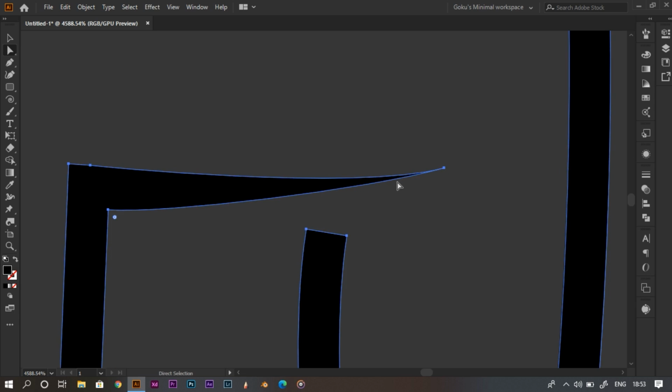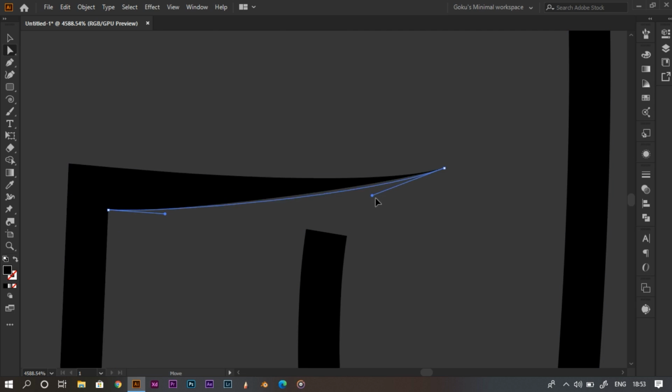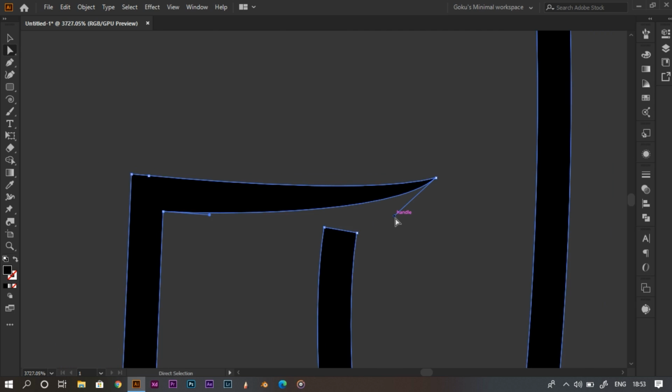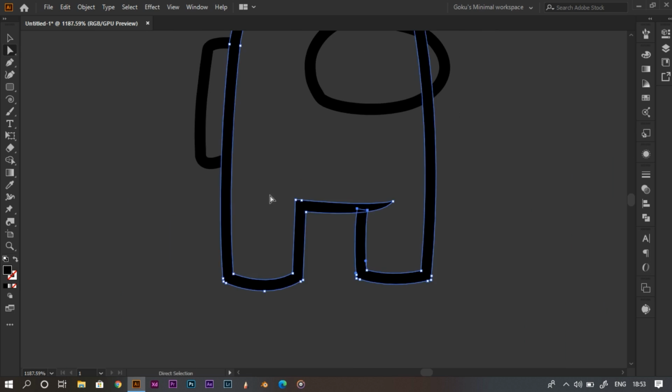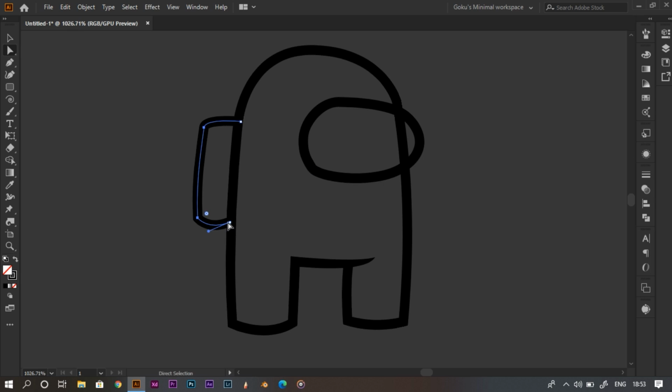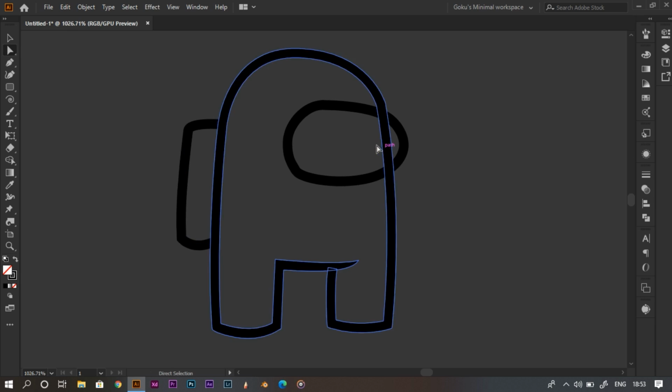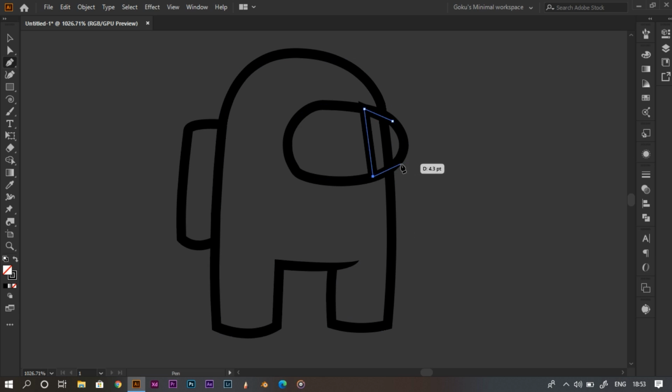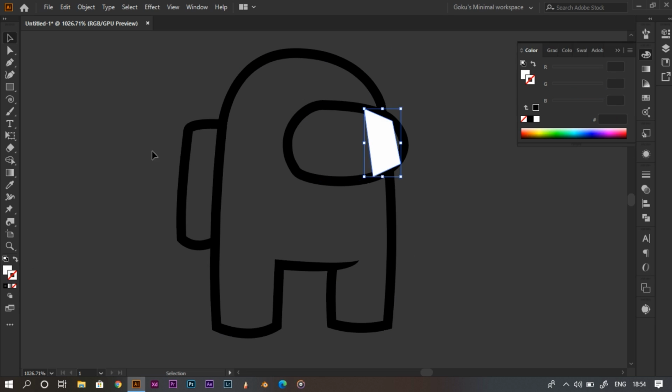Okay, now click on this path. Click on this path and select this handle to drag it to make it look a bit great. Now we'll select both of these anchor points using the direct selection tool and pull them a bit up. Now we'll select these 2 handles and drag them a bit left to make its arm thicker, and drag it a bit down. So to delete it, we need to create a shape. Using the pen tool, we'll create a shape, and alright, it's done. And now we'll add a fill color. It can be any color you want.